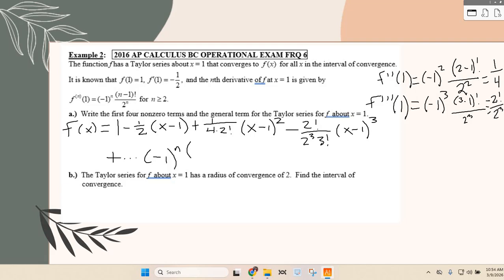I think it's easiest to probably see from our 3rd one. I have a 2 factorial on top, yes? And 2 factorial, how is that related to my n equals 3? N minus 1 factorial. Then I have a 2 to the 3rd, or in this case we had a 2 squared, so that's going to be 2 to the n. And then I also have a 2 factorial and a 3 factorial on bottom. What are those going to be? Just an n factorial. Times our x